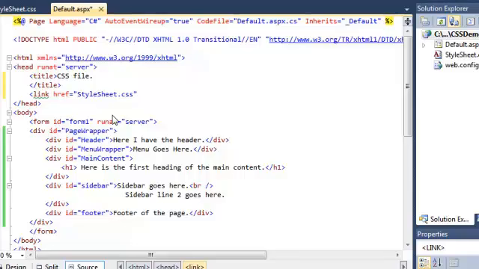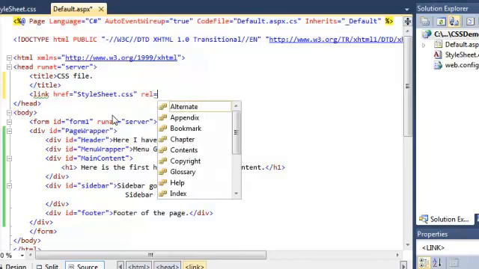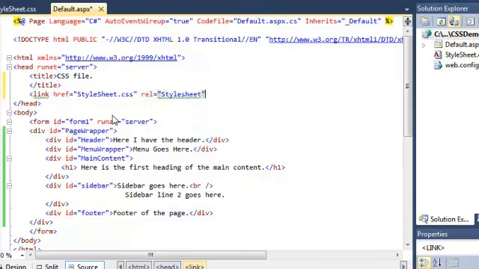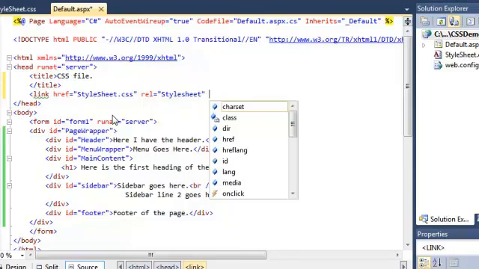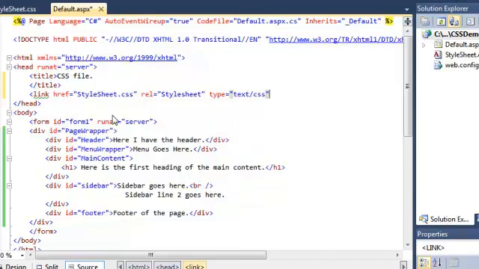If it was in a different folder, I should find its relative address to the page and add it. And then the relation of this file to my object is stylesheet. So you add stylesheet as the relation, and the type of this file is text/css. That tells me that this is a style sheet file. So let's now